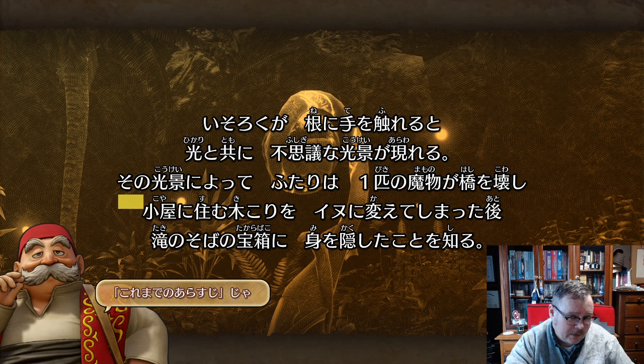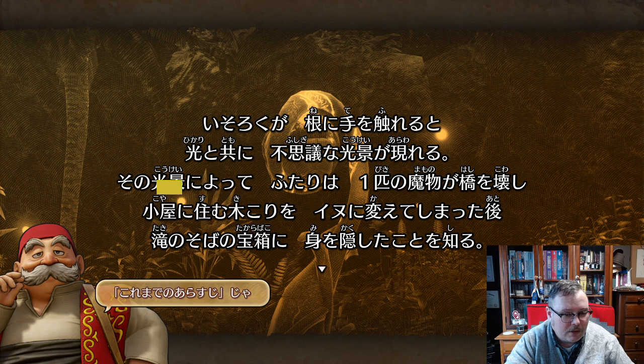So all together now, I'll read it again. その光景によって二人は一匹の魔物が橋を壊し、小屋に住む木こりを犬に書いてしまった後、滝のそばの宝箱に身を隠したことを知る。